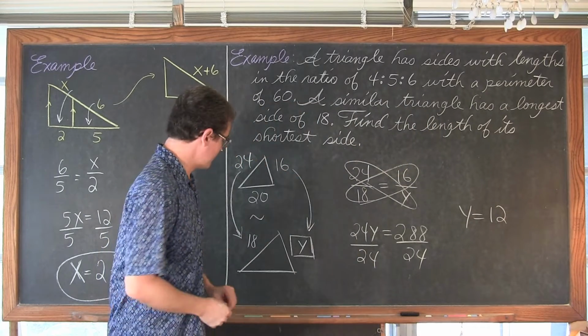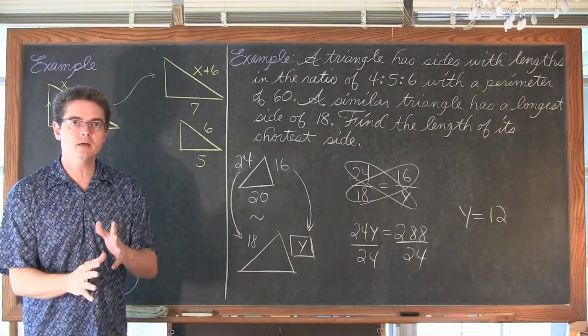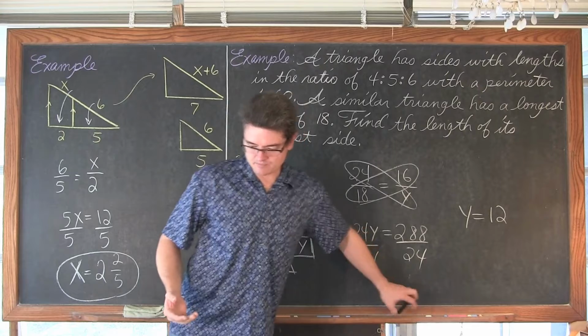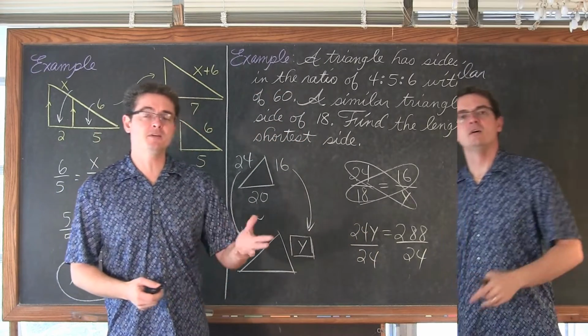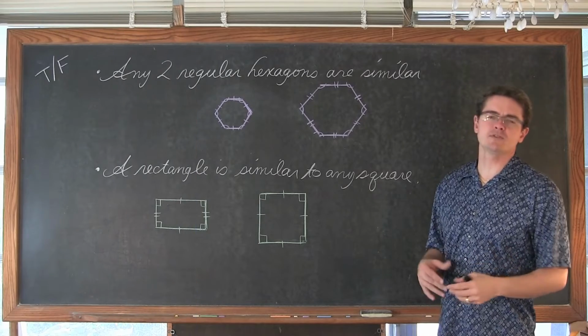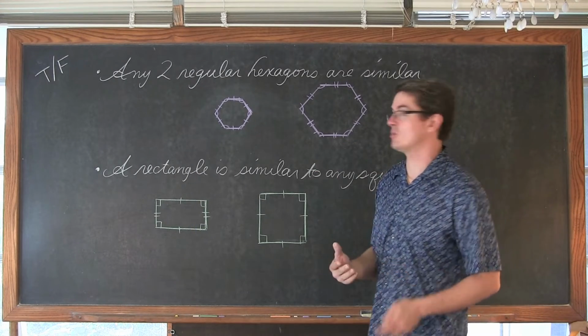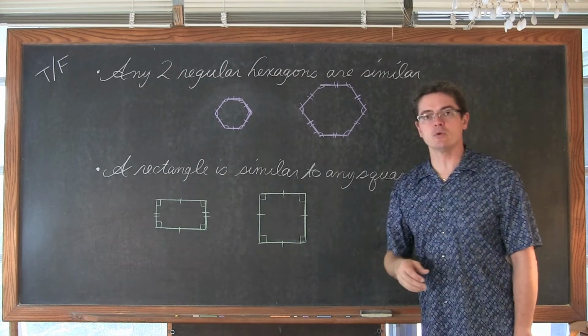Boom. All right, so that's the end of my last example. I got a couple of quick wordy examples. I'm not going to work through them, just a true-false statement and give a reason why. We'll be done with this video. The last two true-false statements, your textbook wouldn't give you the diagram to go along with these, but for explanational purposes, any two regular hexagons are similar, true or false?